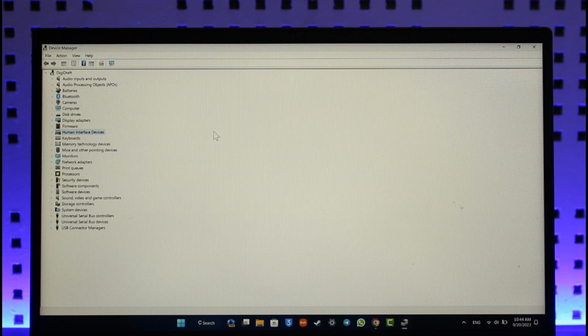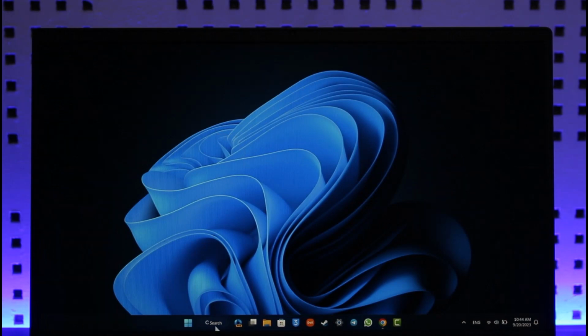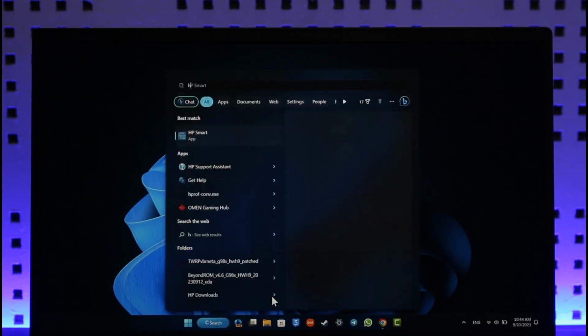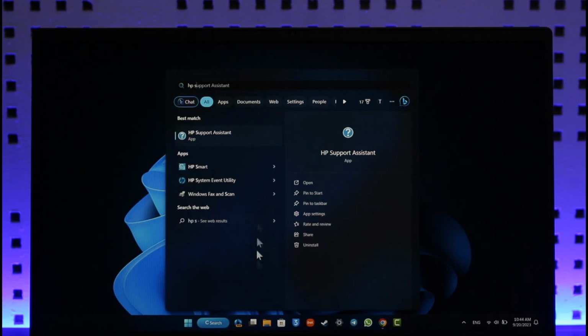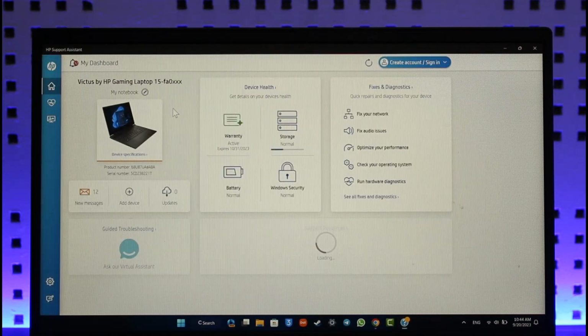Last but not the least, the updating driver process depends also upon the brand of laptop you're using. In my case, I'm using an HP laptop, so the HP laptop actually provides HP Support Assistant. So you can download HP Support Assistant from their official website if you're using HP laptop. When you open the HP Support Assistant application, you can continue as a guest, and then you can simply automatically